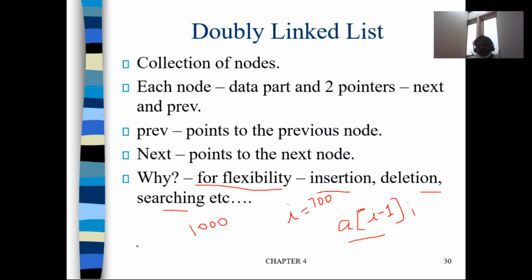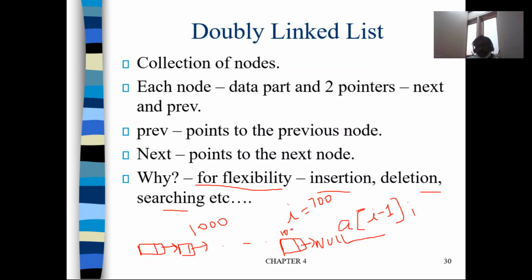Assume you have a linked list with 1000 nodes, okay? Let us assume a singly linked list with 1000 nodes. So this is the first node and this is the second node. Like that you have many nodes, and the last node is nothing but the 1000th node, okay? This is the 1000th node, whose next is pointing to null, okay? Fine. So this is node 1000, right?